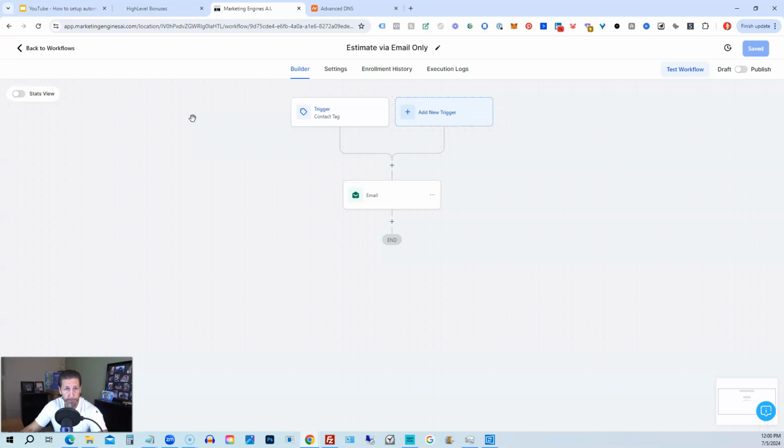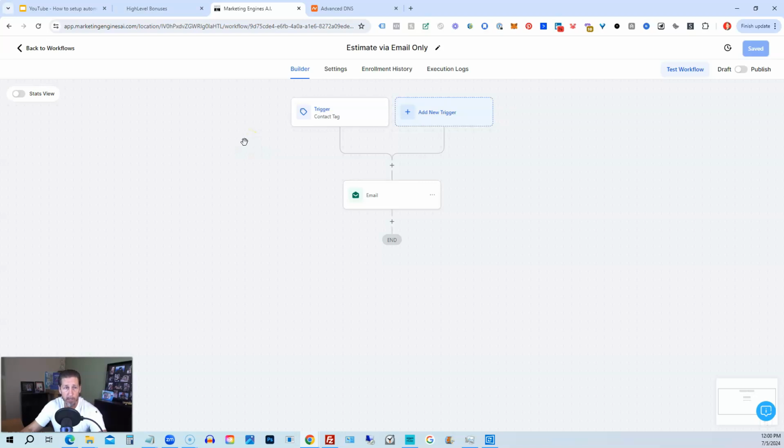And, you know, if you want to, you can have them even pay for the estimate or invoice when they receive it in order to start the job, or you can have it set up so it's only asking them to pay 50% up front and 50% upon completion, etc. However you want to work that all out is totally up to you, but I just want to show you